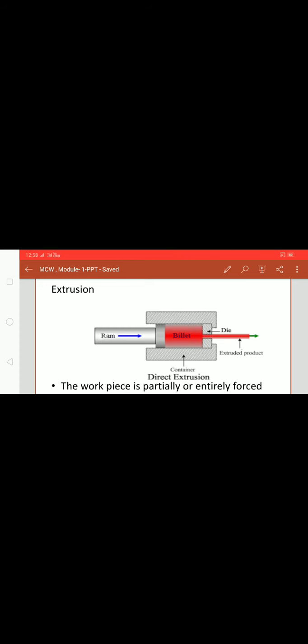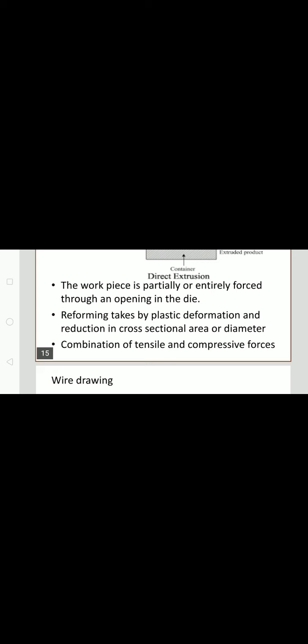The ram hydraulically presses the heated billet in the container, forcing the metal through the narrow opening in the die. In the beginning, the work part has to be dragged through the narrow opening, and the ram also applies pressure continuously. Due to the combination of tensile and compressive force, the metal cross section area changes. That is exactly an extrusion operation.